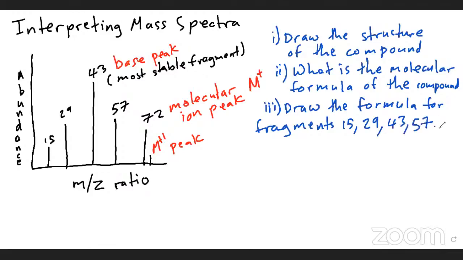All right, so those are the typical questions for you to be able to draw these fragments, 15, 29, 43, whichever fragments you get, you should be able to draw the structure for it, as well as the structure for your molecular ion. The question will have to tell you if you have a hydrocarbon, a haloalkane, alcohol, carboxylic acid, or an ester. So you can get mass spectra,